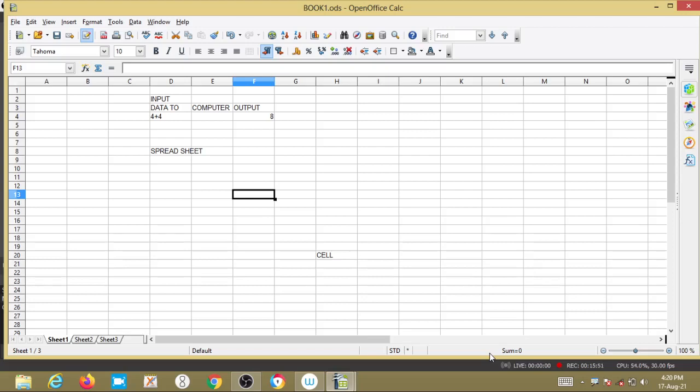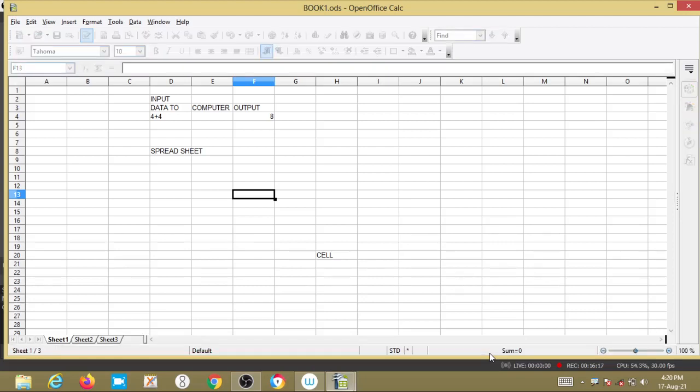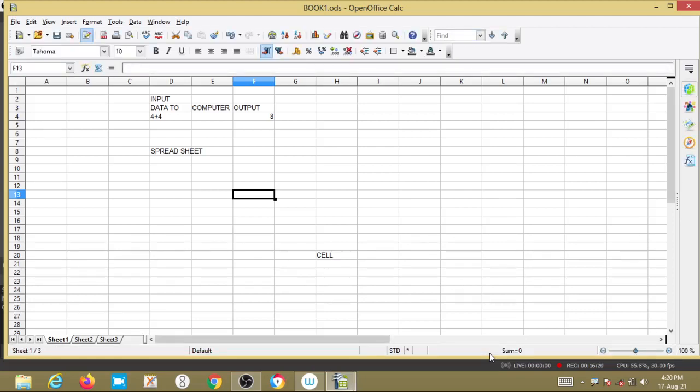In big companies we can analyze the production: how much we have to produce, how much we can sell. Then personnel management, then marketing analysis. In marketing analysis, for example, supermarket transactions and comparison of two or more values of any product. And cost accounting means maintaining records of salary of the employees in big companies. Like that we are using spreadsheets.